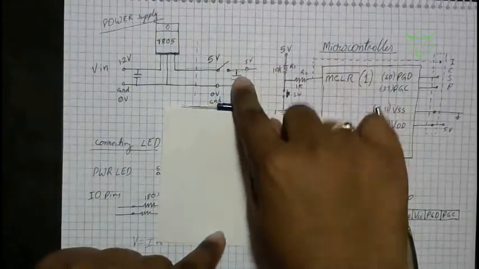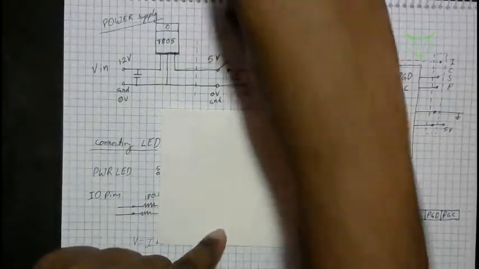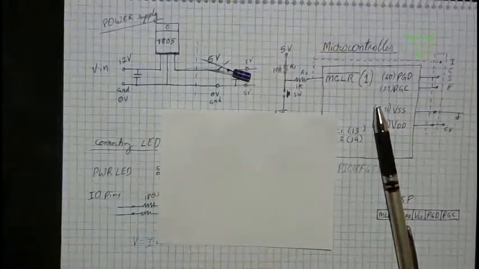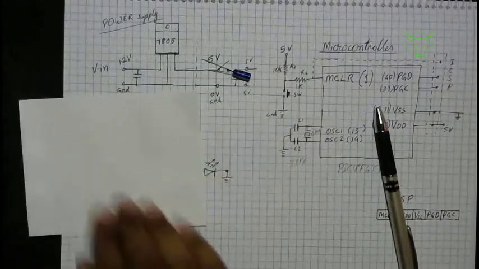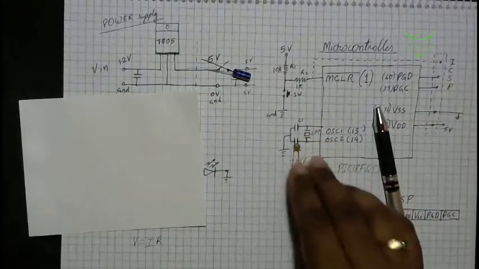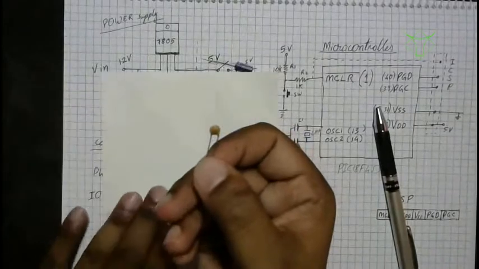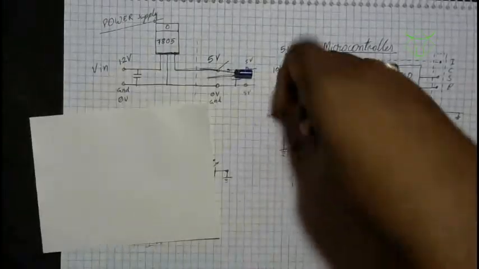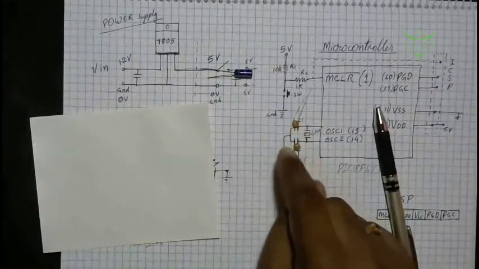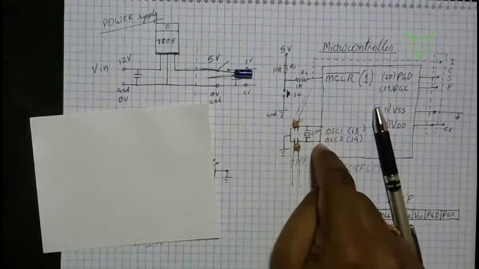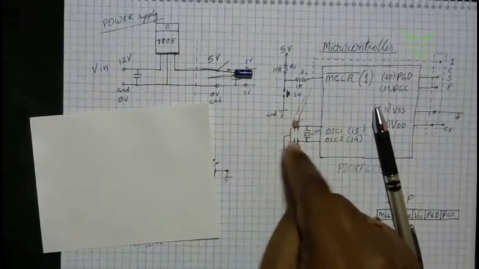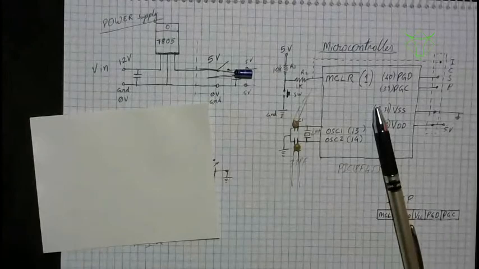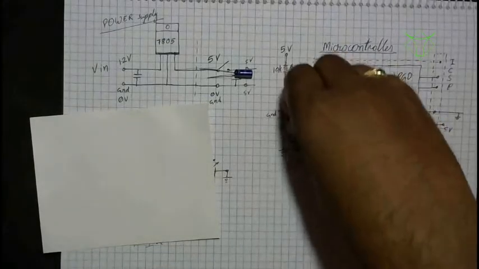For the capacitor you are going to connect here, the 5 volts should be connected to the lengthier pin and negative to the ground. Then you'll connect the crystal here, and these are ceramic capacitors. A ceramic capacitor doesn't have any polarity, so you can connect it the way you want. These two will be here, with one side of each connected to OSC1 and OSC2, and the other side of the capacitors connected to ground. In between there is the oscillator. So this is all about the circuit.